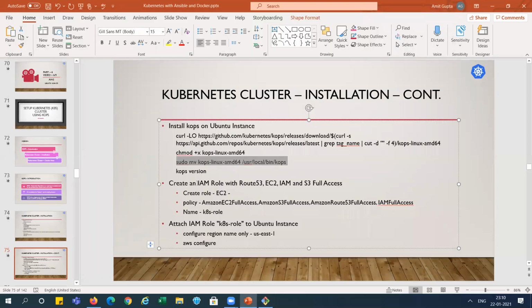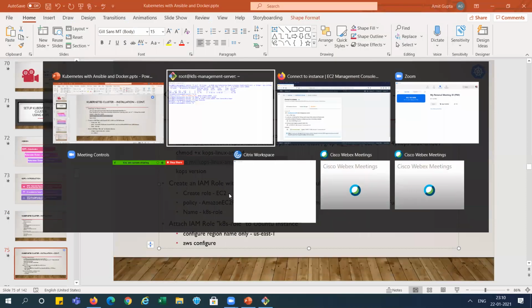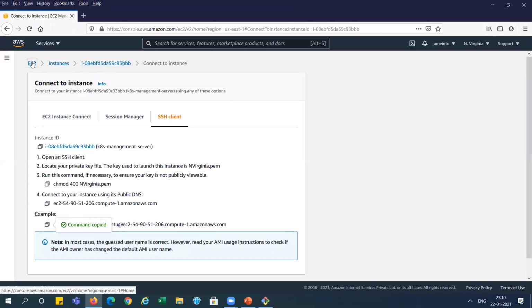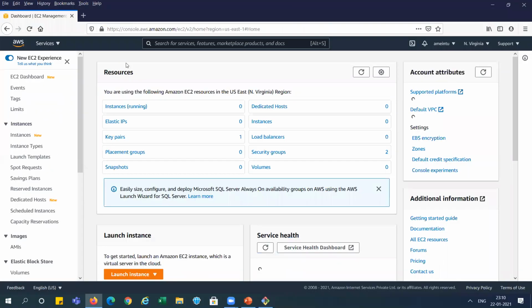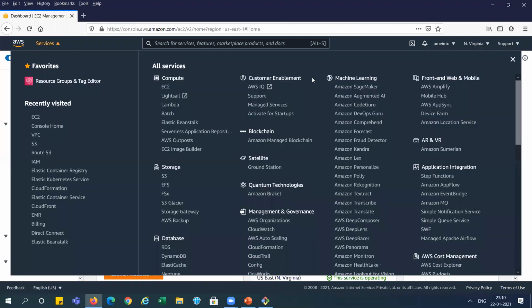Now we need to create an IAM role with Route 53, EC2, IAM and S3 full access, right? So for creating this role, we need to go to the console and we need to search for the IAM role.